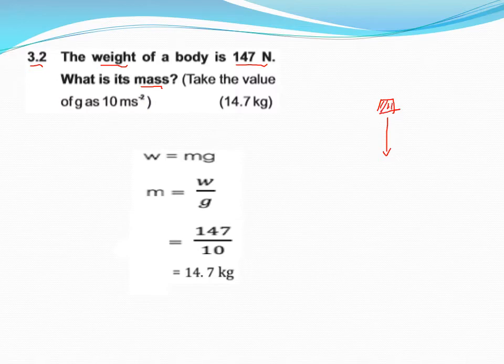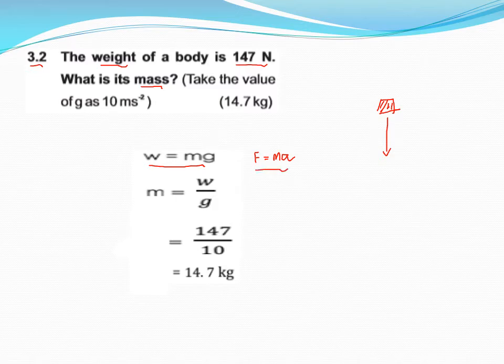So this body is moving downward owing to its weight. So this statement is given here. So we use this formula, W is equal to mg. It is the analog of F is equal to ma, as we talked about in the second law of motion. F is equal to ma. Here we have replaced a by g and F by W. So W is equal to mg is the vertical analog of force.